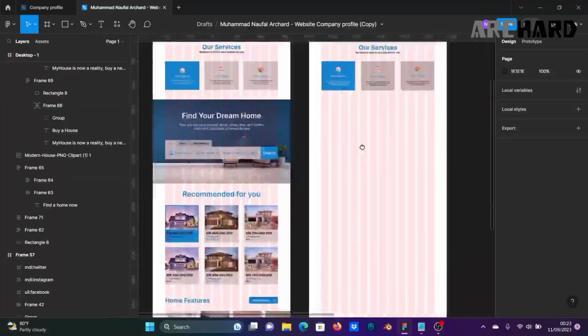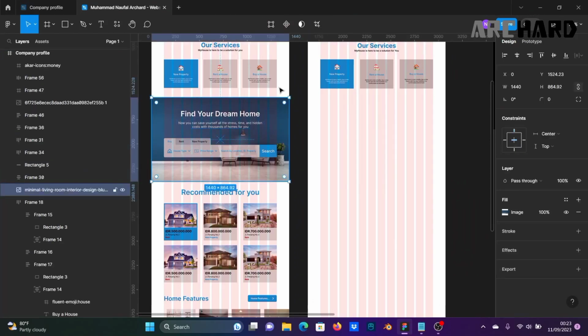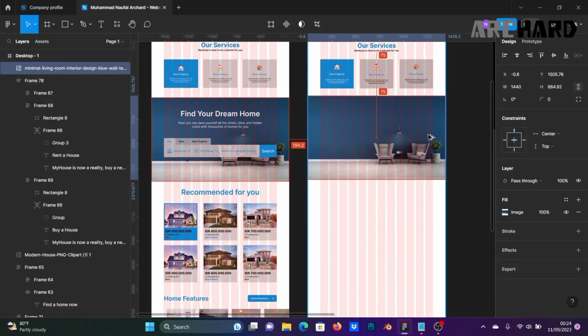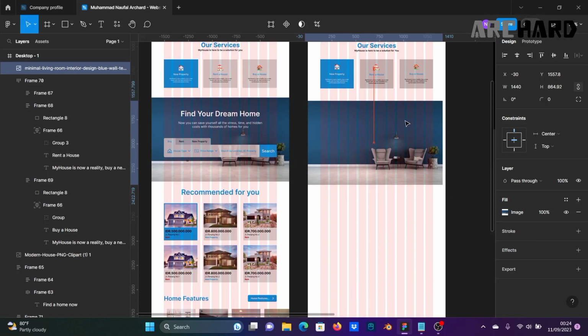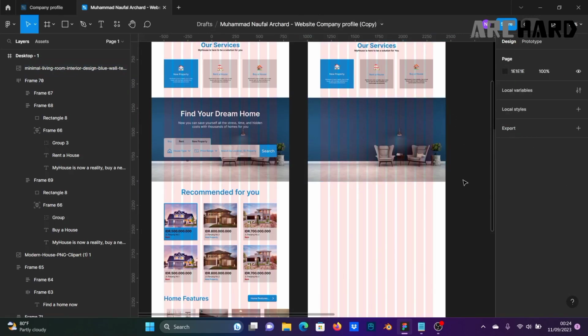And next step is I want to make a search section. Okay, I want to copy or duplicate this image because I already have the image where you can search or find your favorite image. This I want to duplicate and put here like this. Okay, like this. And I want to add